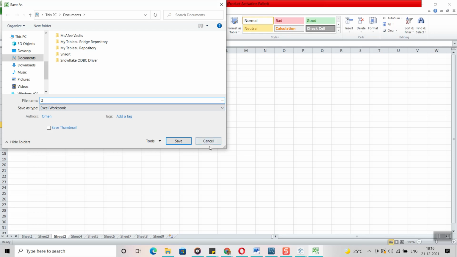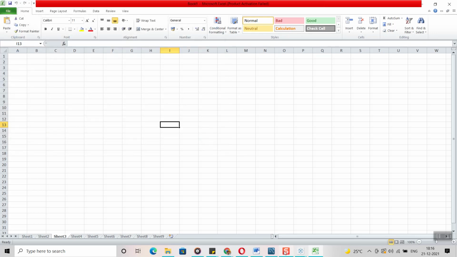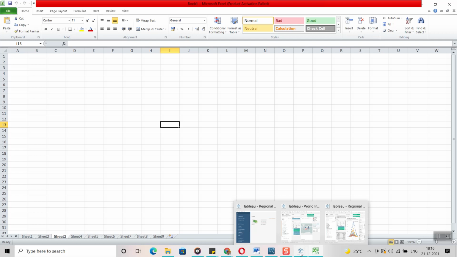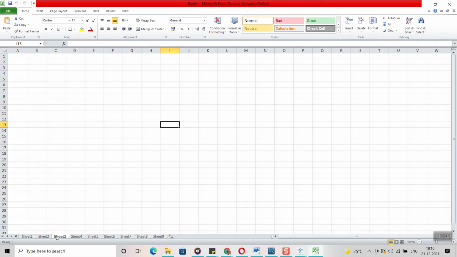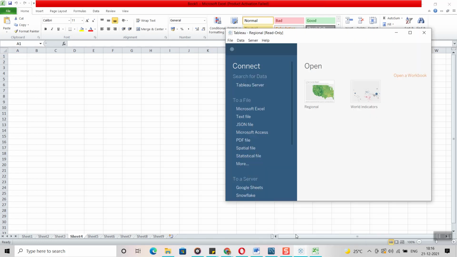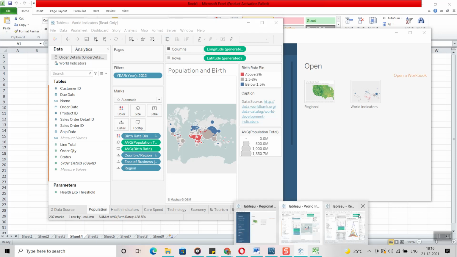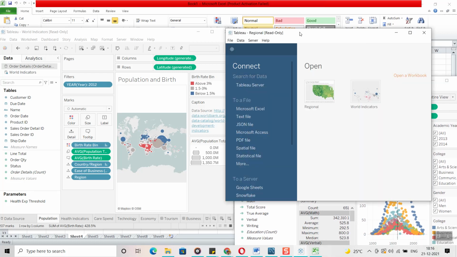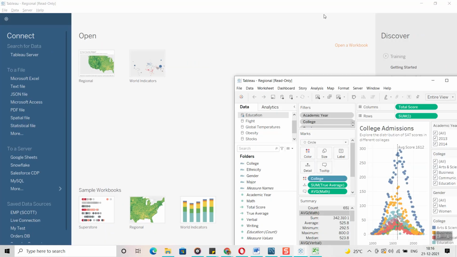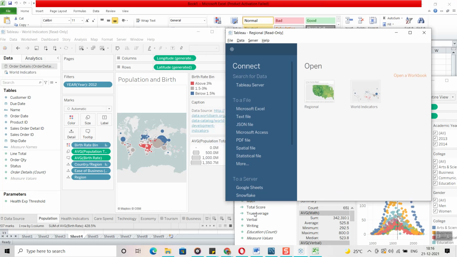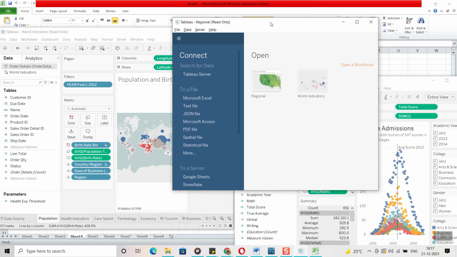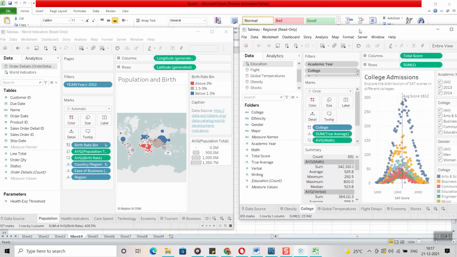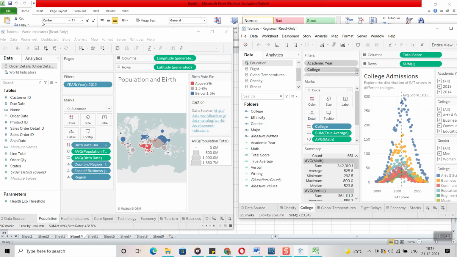Now, in the same way that we have different sheets in an Excel workbook, in Tableau also we are going to have the same. Now here you can see 3 different applications, right? Sorry, I have opened 3 different reports. Each report is going to serve a different purpose. Now you can see here, this is an empty one. I haven't created anything. This is blank. I am not going to bother about this.